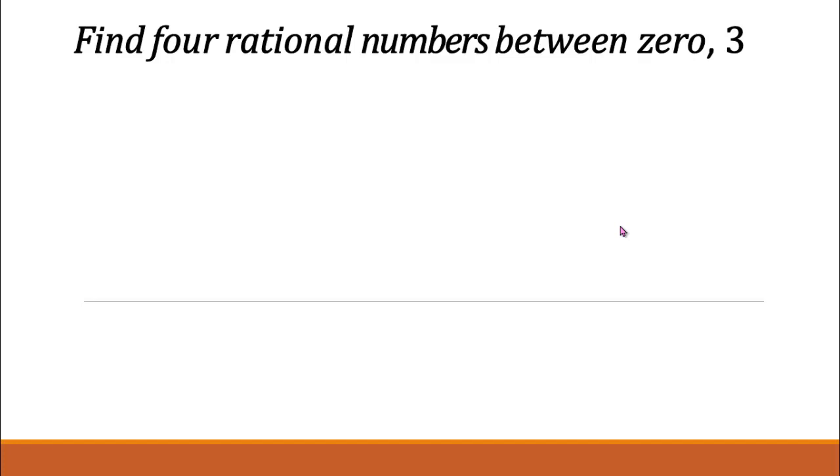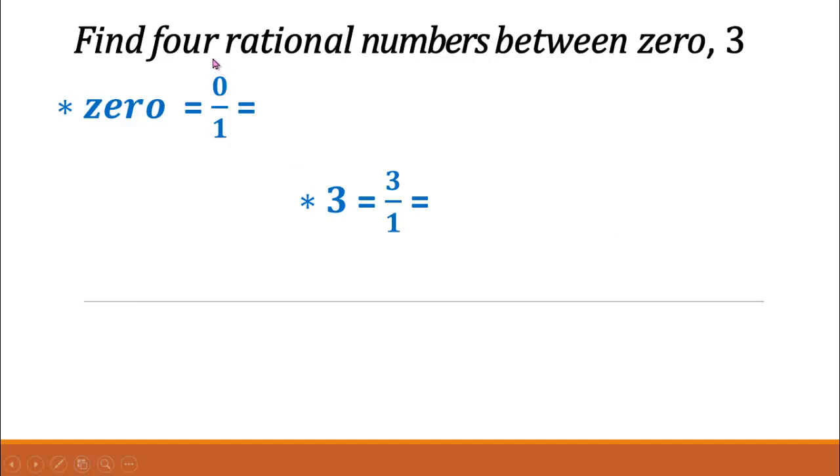Find four rational numbers between 0 and 3. I know that 0 is 0 over 1, and 3 is 3 over 1. I want to find four rational numbers, and yes, I have the same denominator, but the range between 0 and